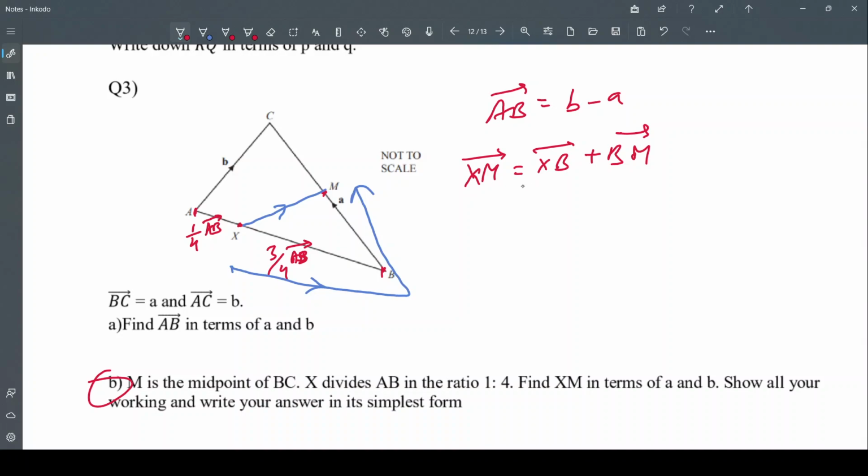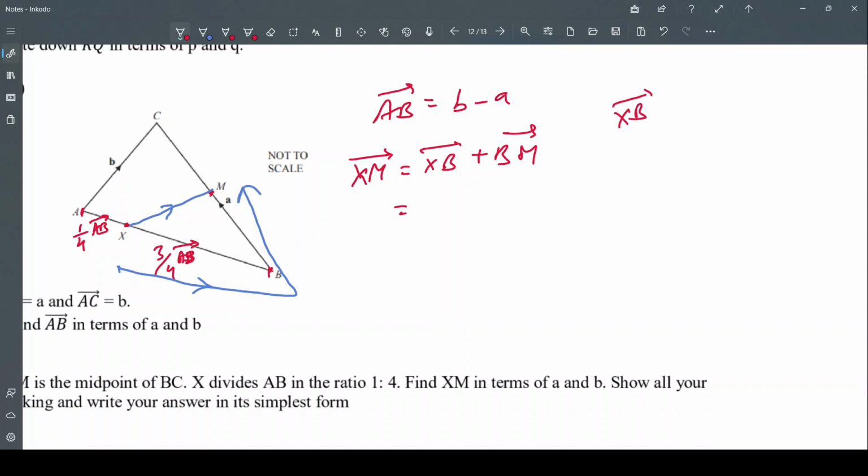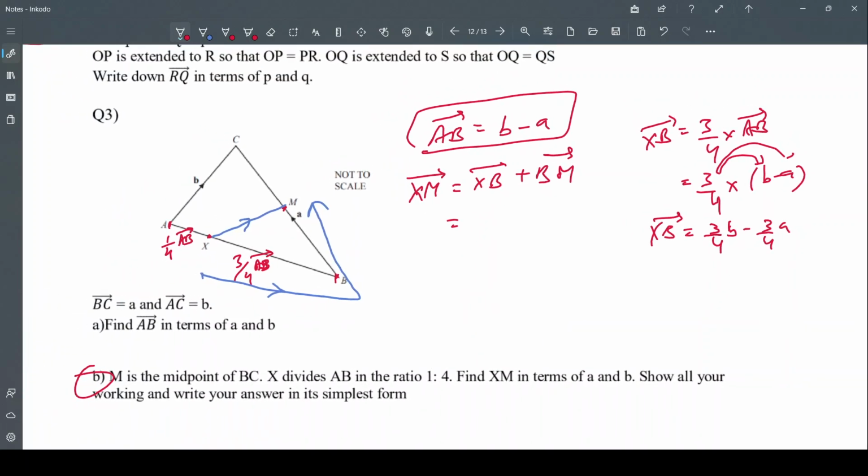XB is equal to 3/4 of AB, right? And what is AB? AB is B minus A, we calculated it in the first question, first part. So multiplying through, it gives 3/4 of B minus 3/4 of A. So we can write XB as 3/4 B minus 3/4 A